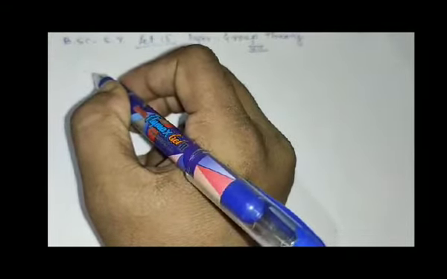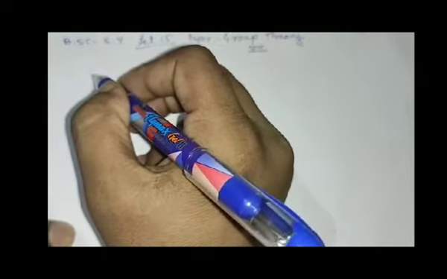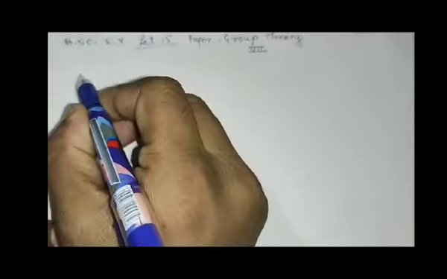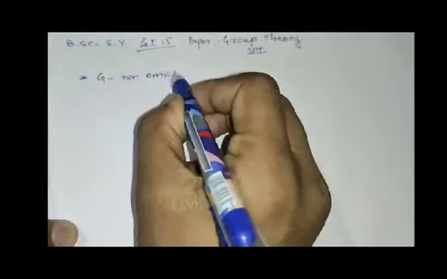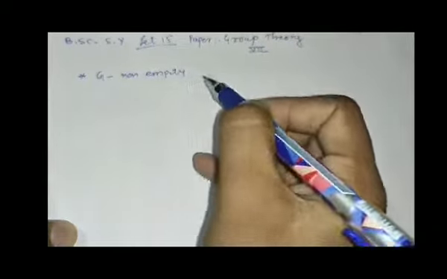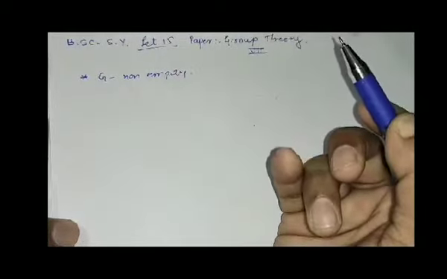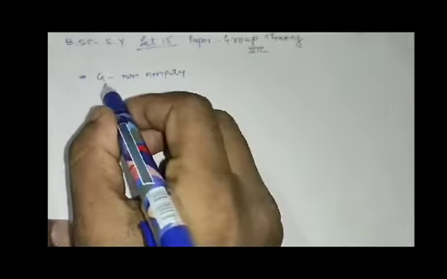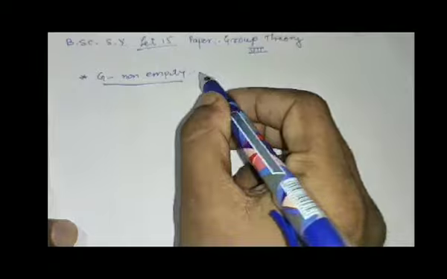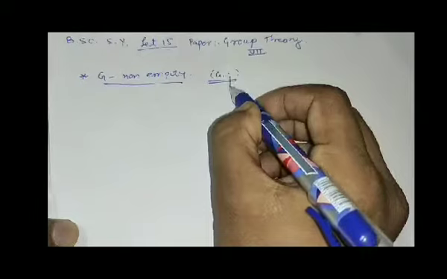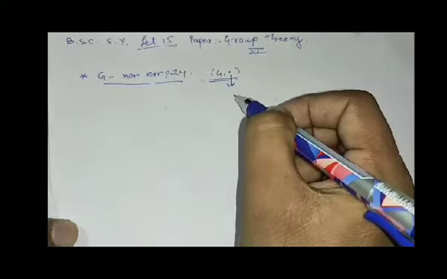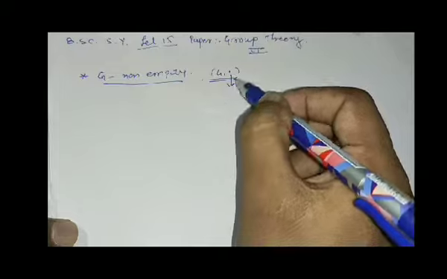So in the previous lecture, we have discussed the definition of group. So what is a group? Let G be any non-empty set. Non-empty means at least one element must be there. Then this non-empty set G is said to be a group if it has a binary operation dot that satisfies some postulates, and there are 4 postulates.